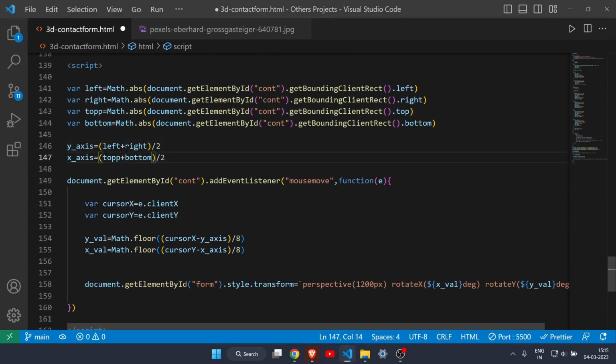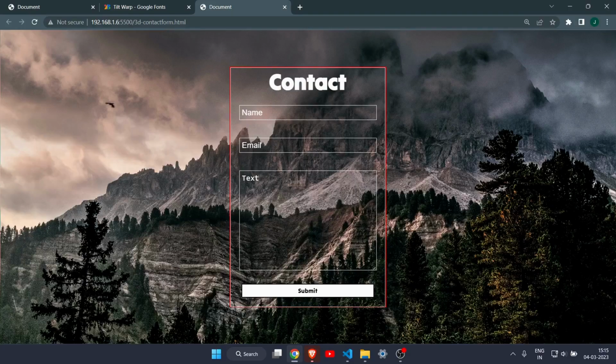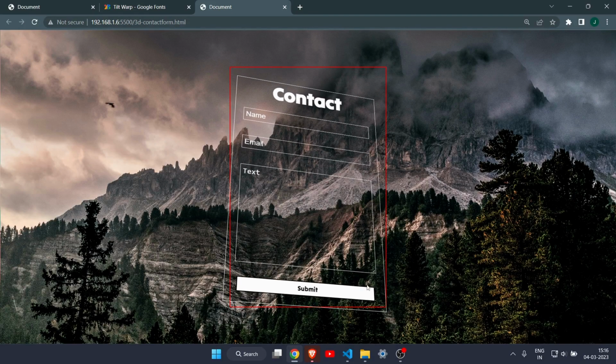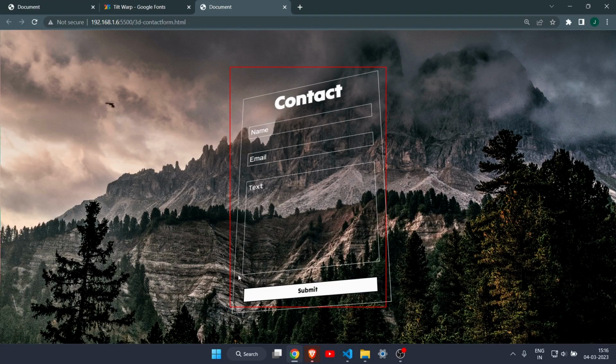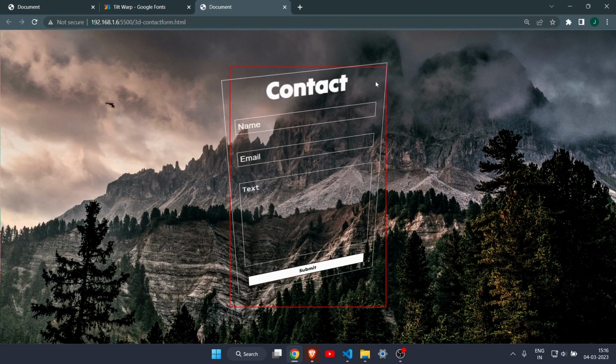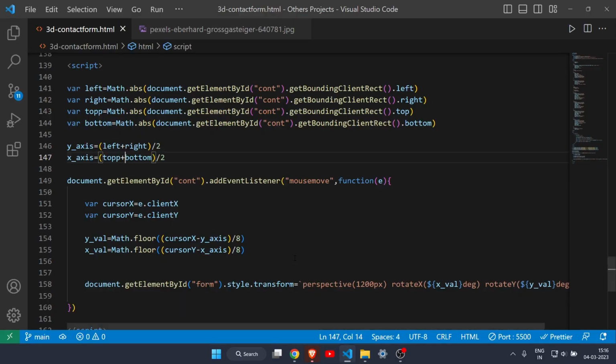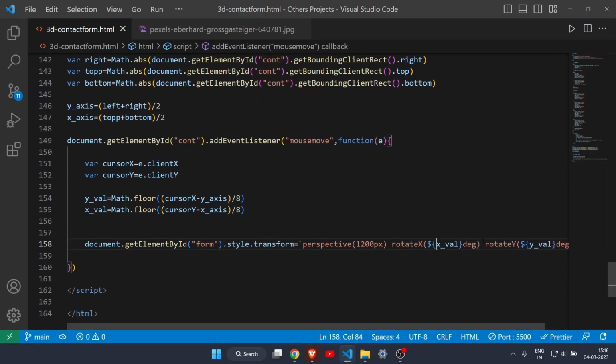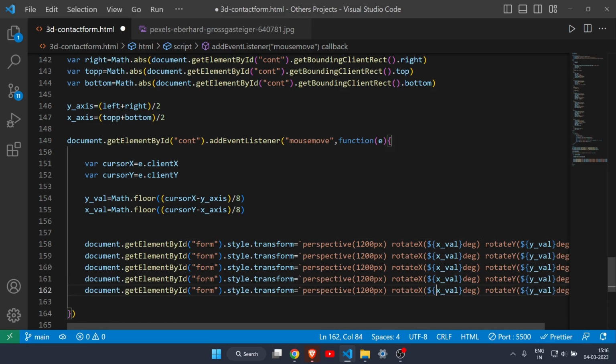Okay, so these are the small mistakes. So now let's see. As you can see here, now it is working great. So our form is moving just like we want. Okay, all right, so it is doing it perfectly. And now do the same, and I will just copy it down 5 more times. Okay, so let's do that,